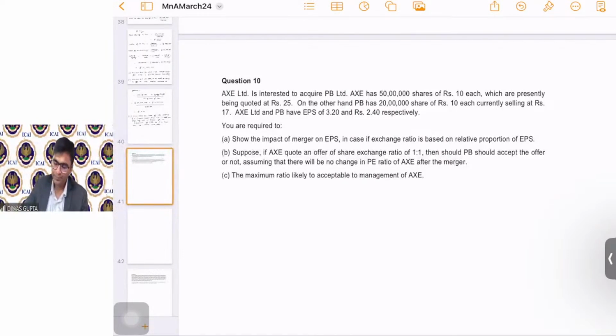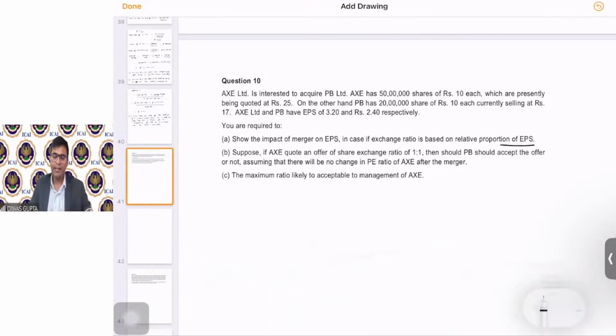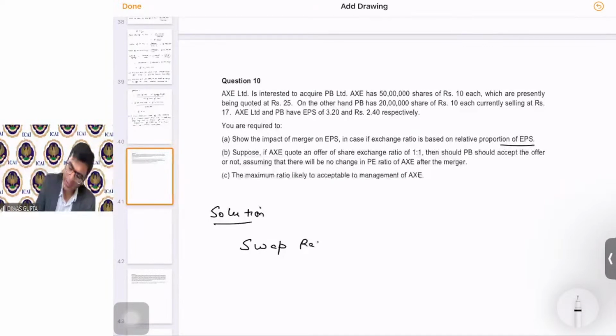You are required to show the impact of merger on EPS in case the exchange ratio is based on the relative proportion of EPS. Easy to do, right? They are saying that you calculate the exchange ratio, first of all, using the EPS, and then you let us know the impact on the EPS. Okay, so first of all, swap ratio will be EPS of the target company, right? Which is PB Limited